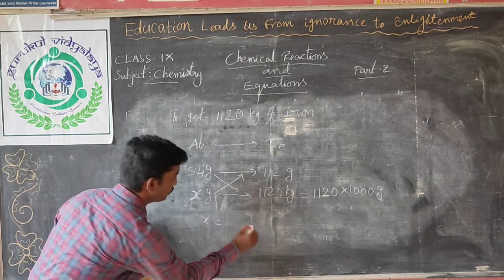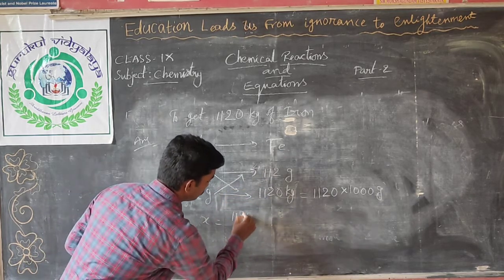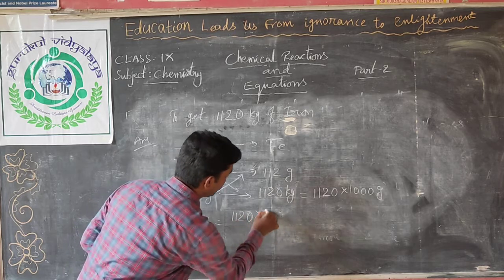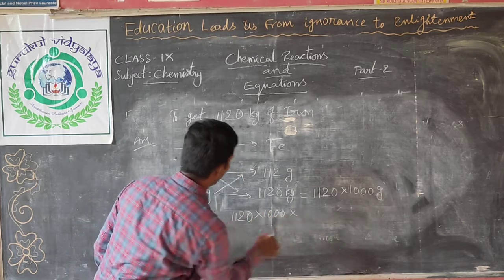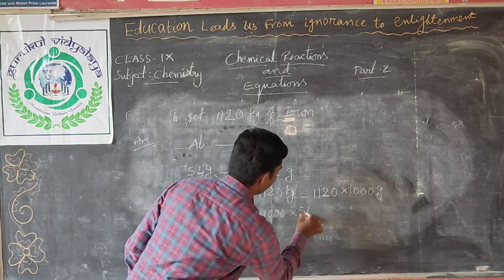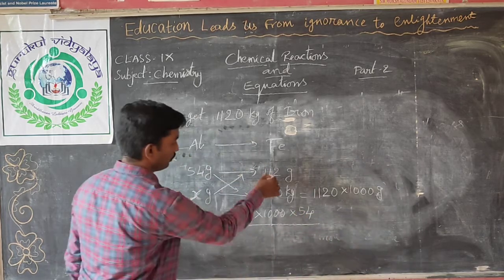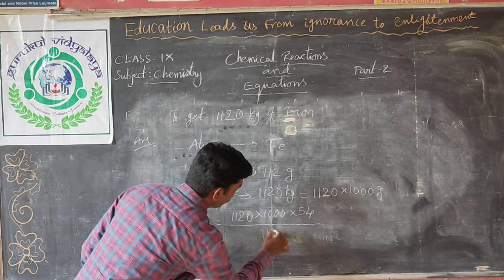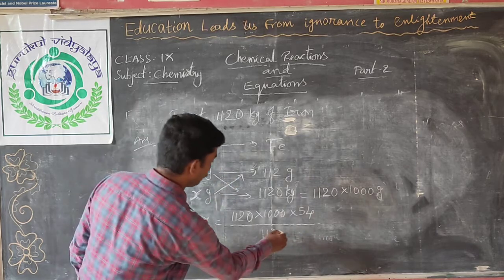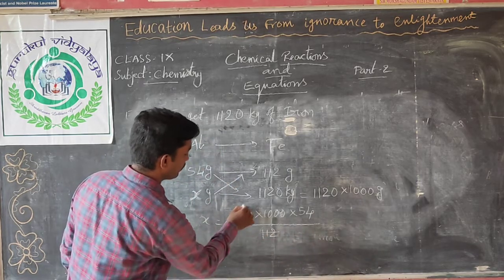So x is equal to 1120 into 1000 into 54 by 112. By simplification we will get